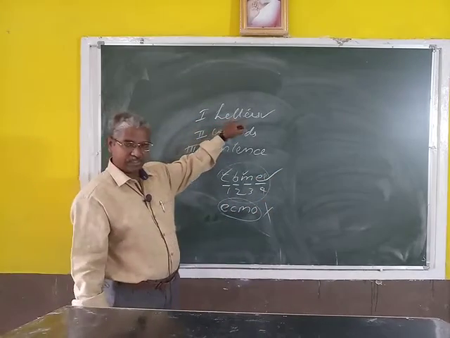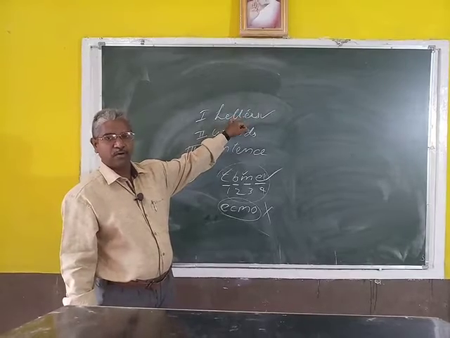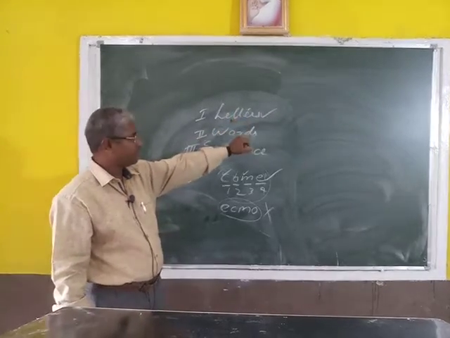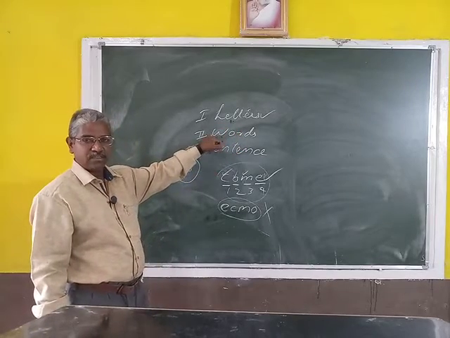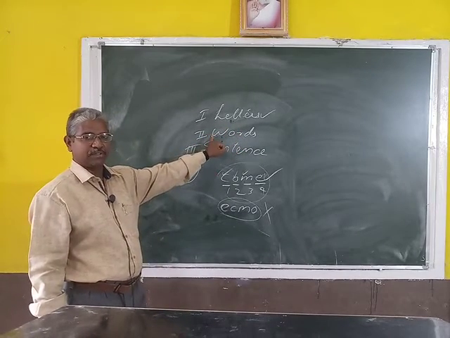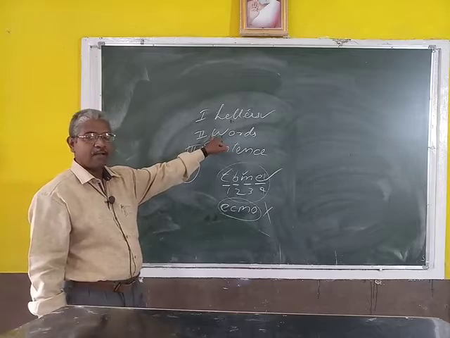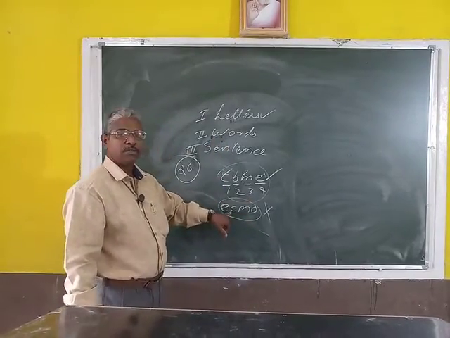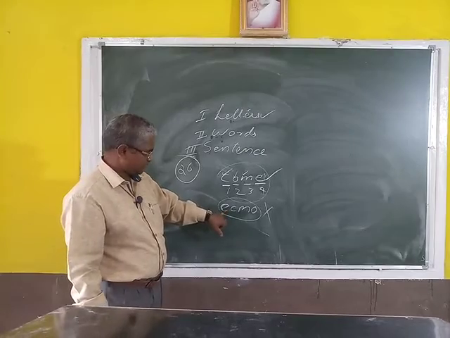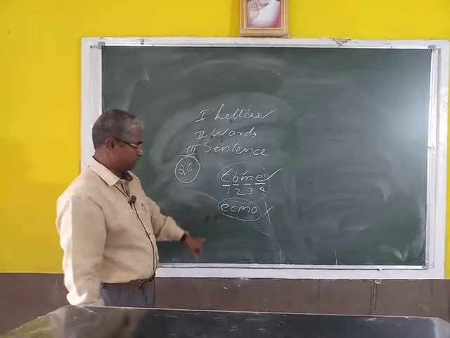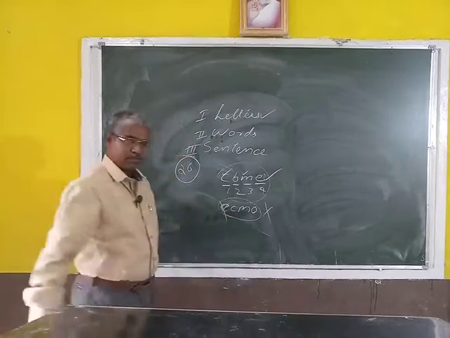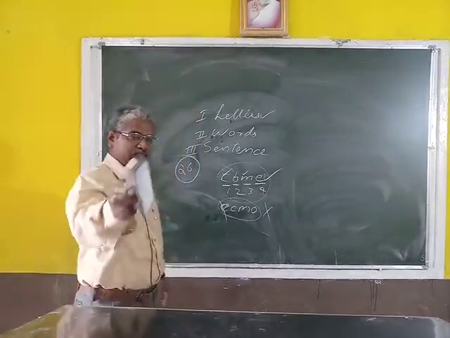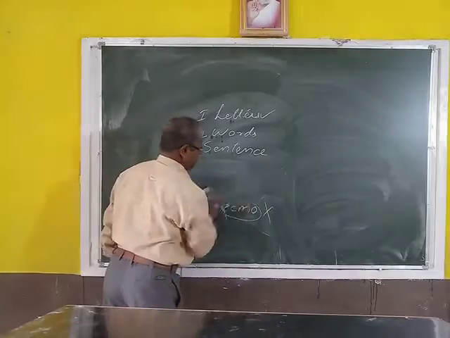So this is a word and this is not a word. Total 26 letters, 26 sounds. Out of the 26, 5 vowel sounds and 21 consonant sounds. The next stage, words. Words means a group of letters. It gives us meaning. And this is also a group of letters, but it does not give any meaning, so it is not a word. Do you know the difference between letters and words? Then the main important part is the sentence. Then we will go to the sentence study.